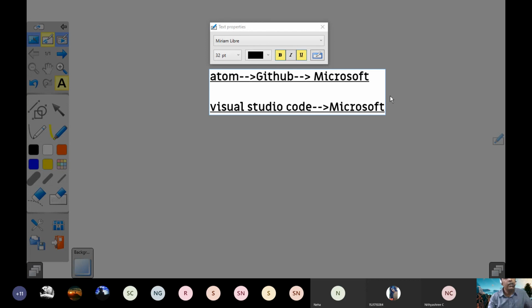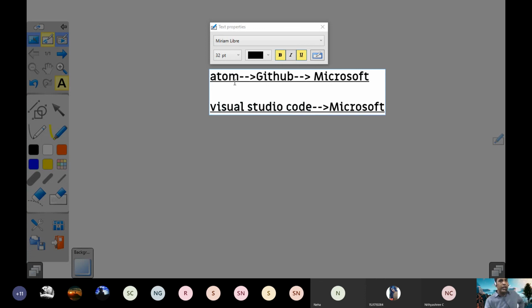Who is the current owner? The Microsoft company is the current owner of both Atom and Visual Studio Code, because Atom, everyone thought that it's open source, but not. The actual history is like this. It was developed by GitHub. Now GitHub is bought by the company Microsoft. I don't know how long Microsoft may keep supporting Atom, and they may stop it. Right now they are supporting both Atom and Visual Studio, but in the future they may discontinue Atom development and only continue the development of Visual Studio Code, which was the original product of Microsoft.